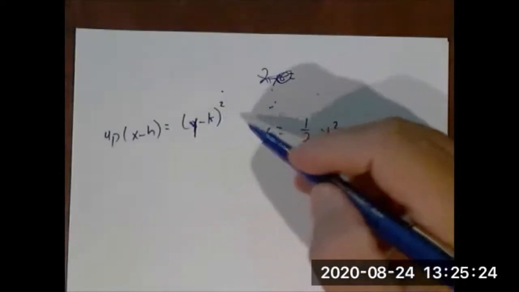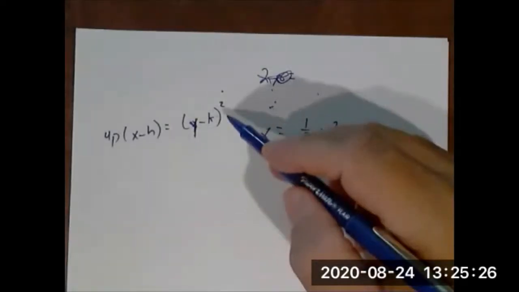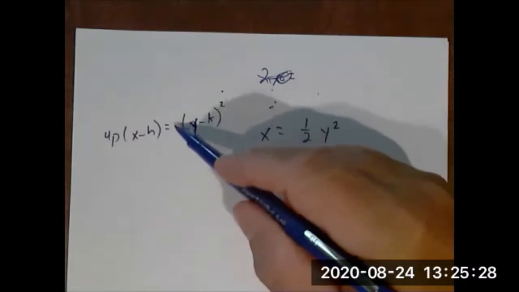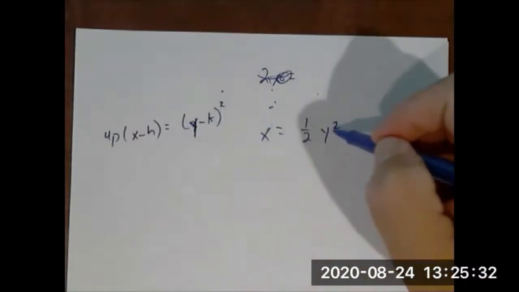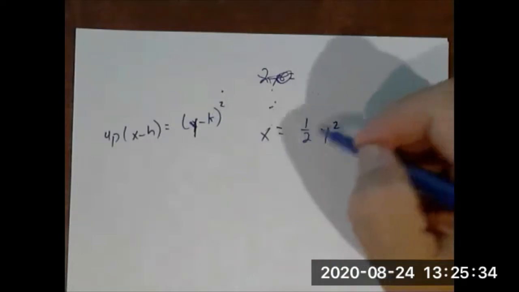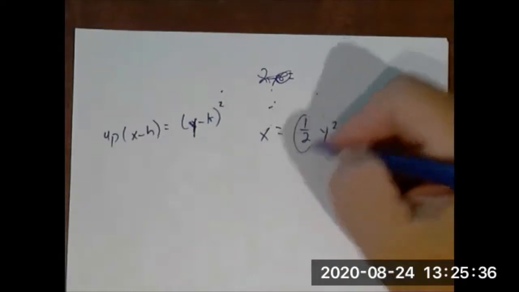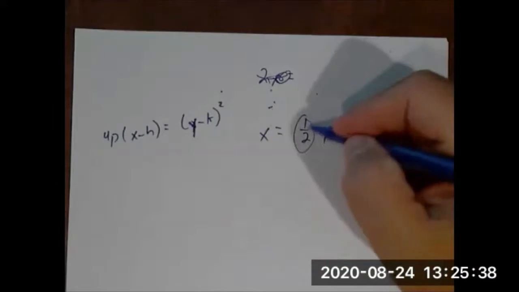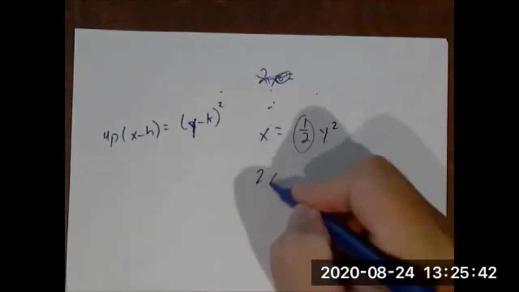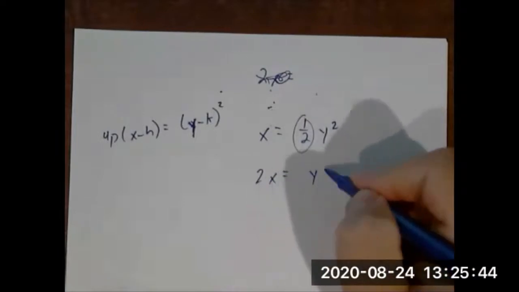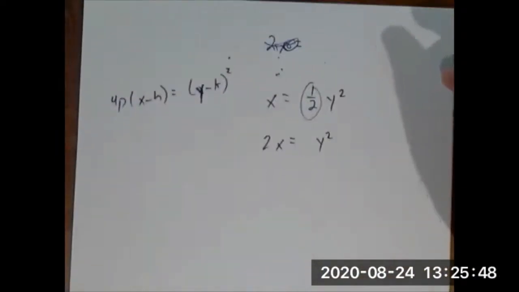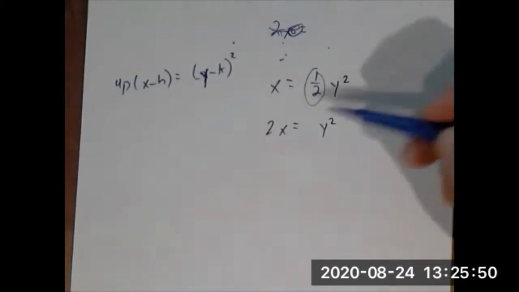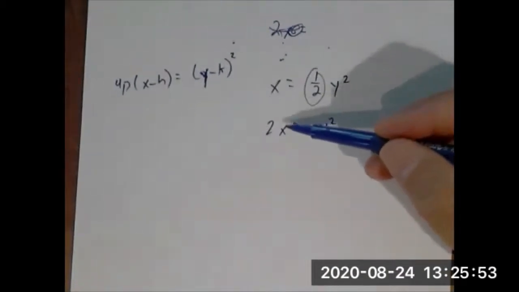You notice whenever we try to get the standard equation of a parabola, we don't want any number in front of the squared variable. Well, here's 1/2 y squared. I know I don't want this 1/2 here. I want to move it over here, so let's multiply both sides by 2. I always want to have my squared variable by itself. I don't want any numbers in front of it. So now, going back,